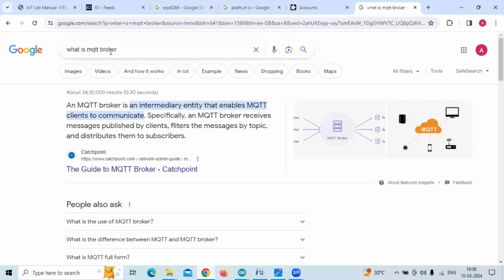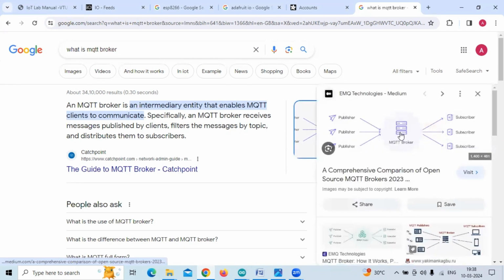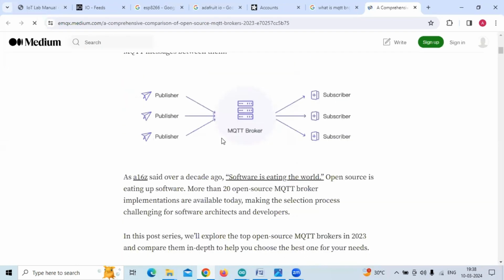So initially, what is an MQTT broker? It is an intermediary entity that enables MQTT clients to communicate. Specifically, an MQTT broker receives messages published by clients, filters the messages by topic, and distributes them to subscribers. For example, here,